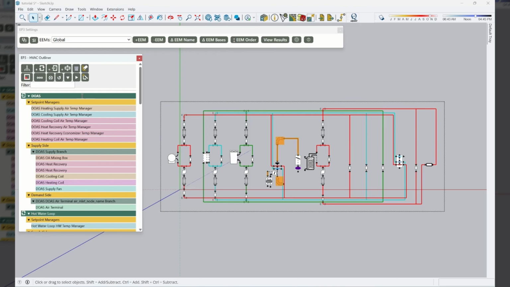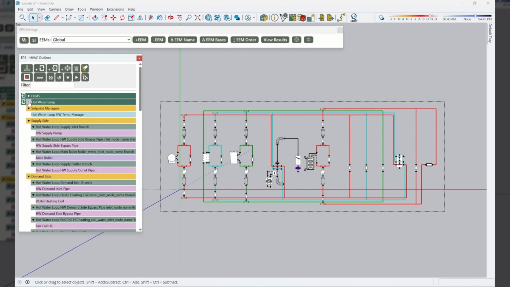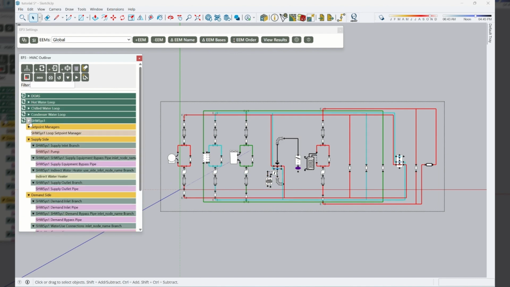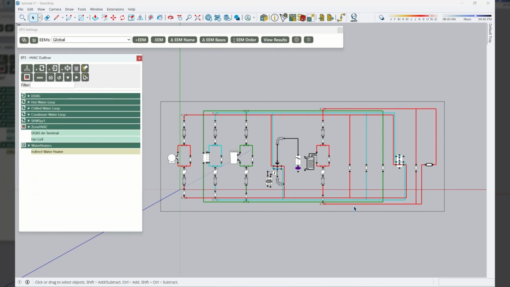So on the left, we have the outliner. And if you're familiar with eQuest or Energy Plus or most simulation engines, they deal with loops. So this is a concept that you have a supply and a return and some conservation of mass in your building with regards to air flows and water flows. So we have an outliner which is organized by loop, and there are a bunch of different loops in this